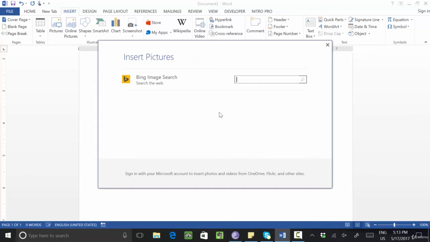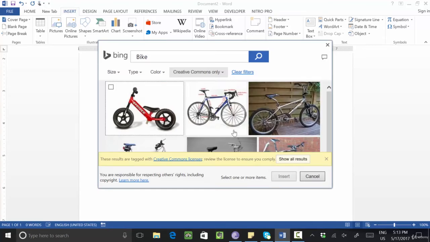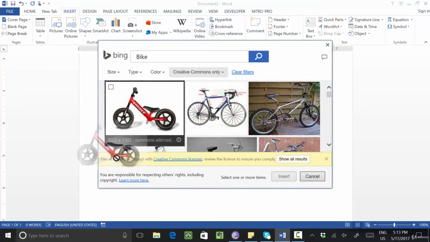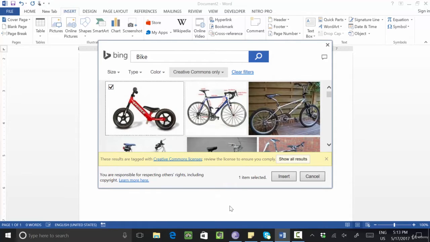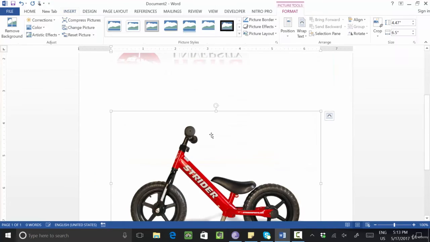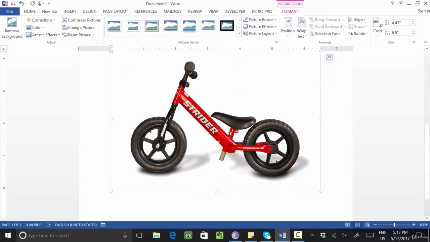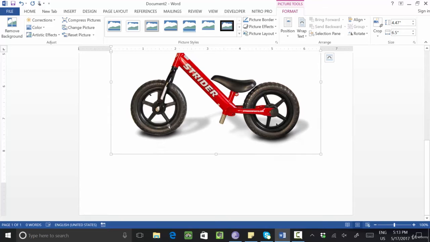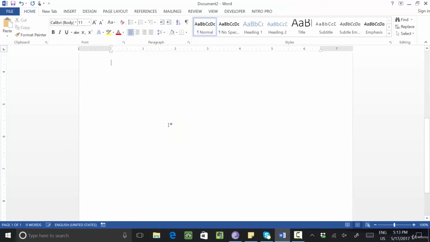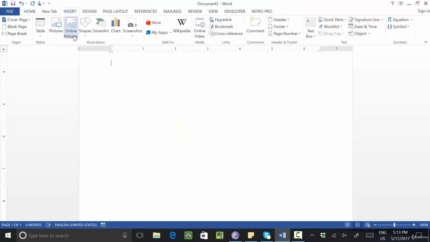Go to online pictures, write bike, enter, and bikes are there. Click insert, or you can take it from here. Select. Okay, picture is coming. If you click on the insert button, the picture will be copied into your Word file. Okay, so any picture you can insert from online by using the online picture tag.